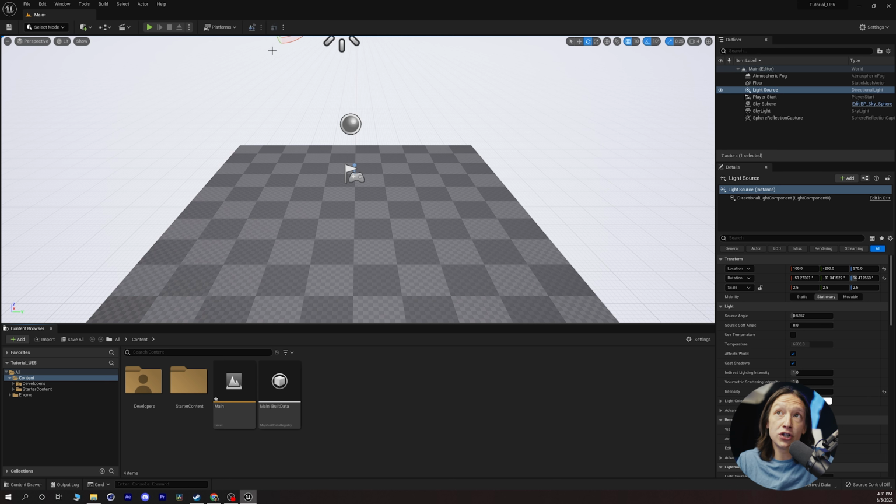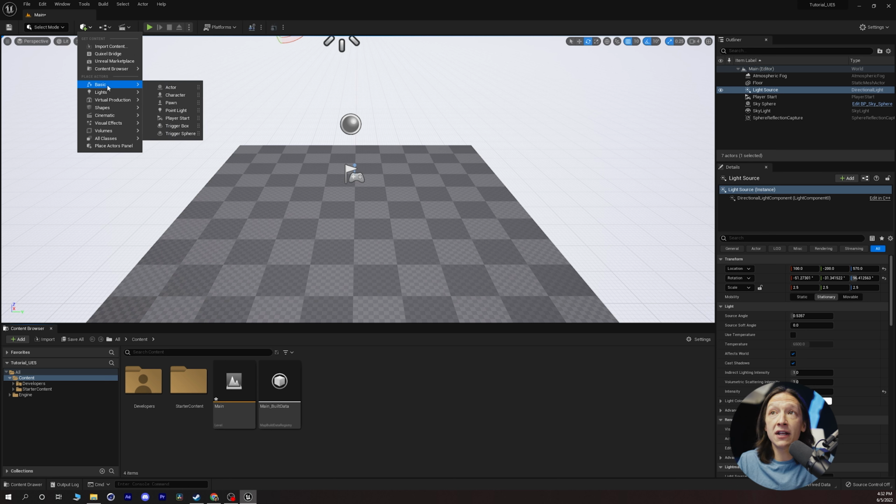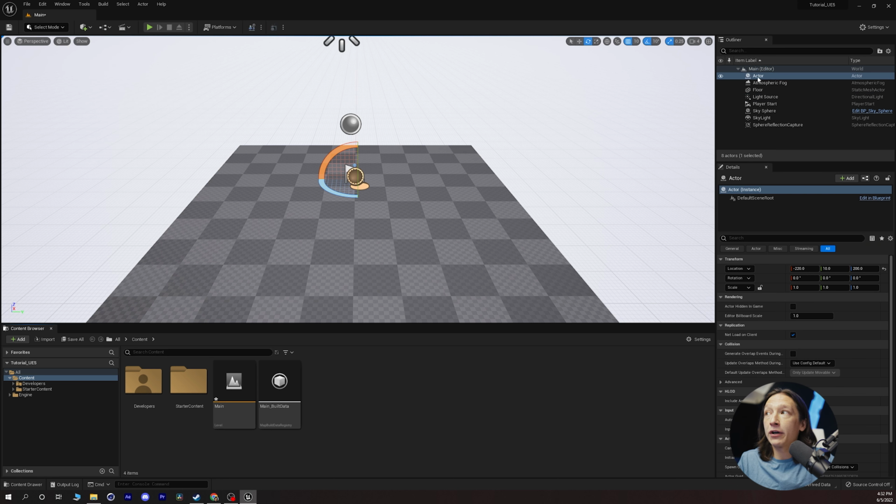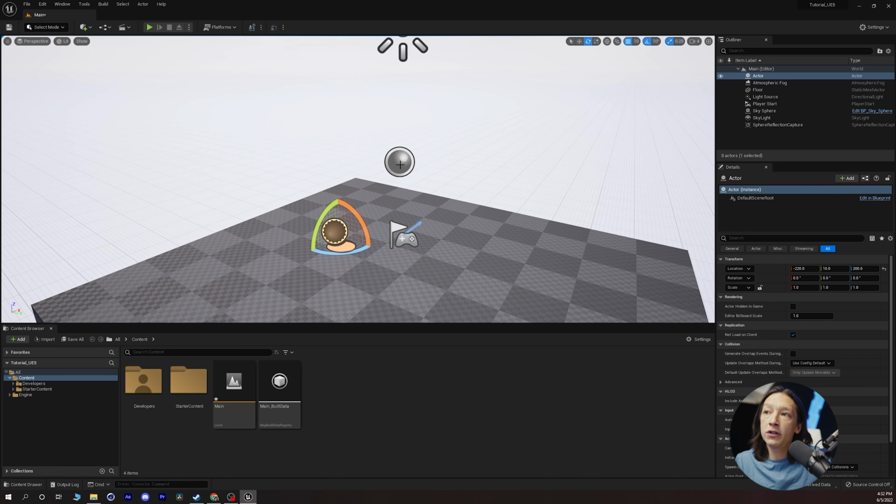The next thing I want to do is I'll come up to this little button up here, and this tab is basically where we can add objects into our scenes. We can add a basic thing like an actor, and now it goes into our world outliner up here. If we hold right click and use WASD on our keyboard, we can navigate around our viewport, move something up and down,